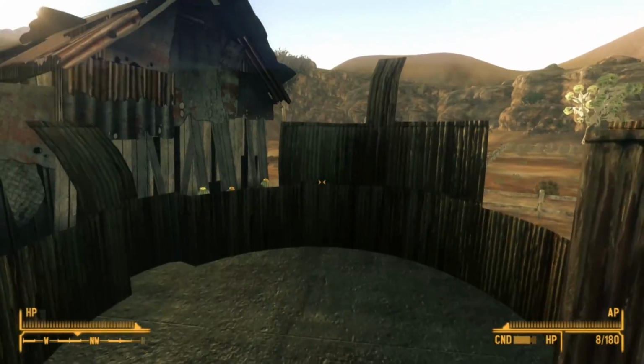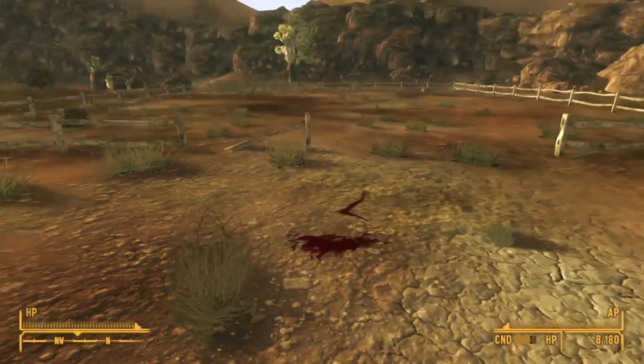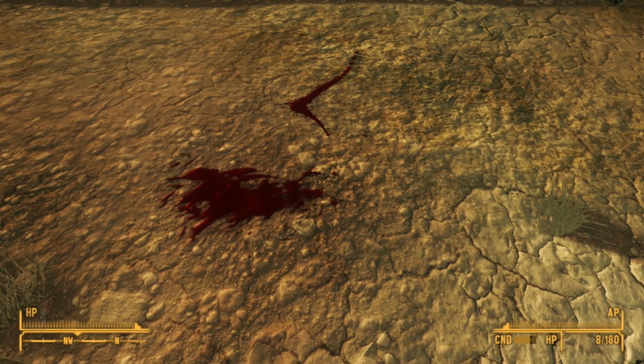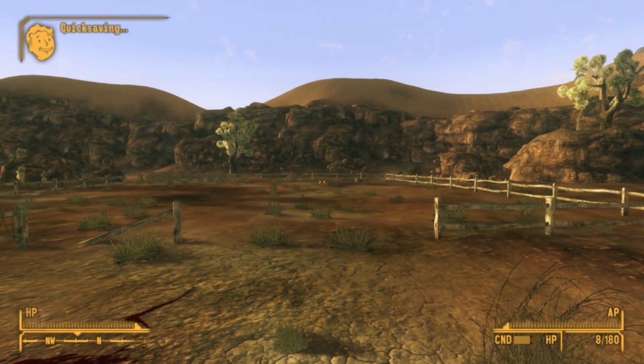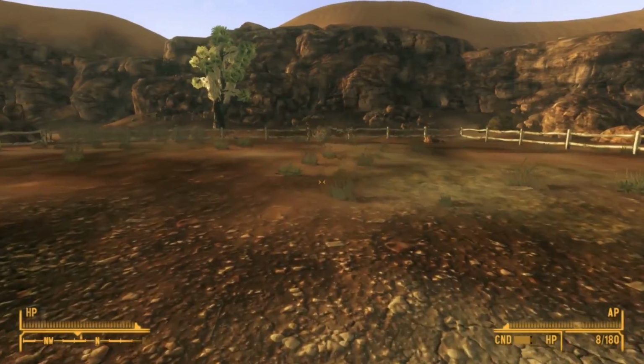To the north, we see a fenced-off area. This must be the corral, but we don't see anything or anyone inside. However, disturbingly, just outside the gate to the corral, we find a big puddle of blood and a trail leading inside. Well, there's nothing for it. We have to step in. Heading inside, we don't get very far when...